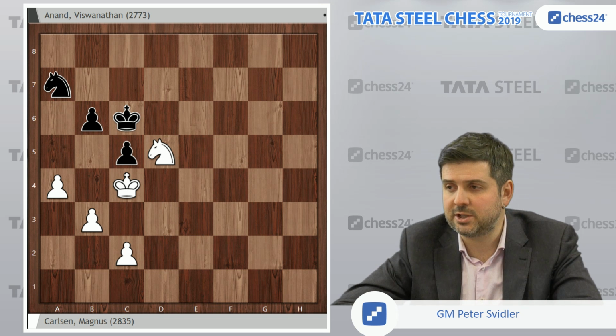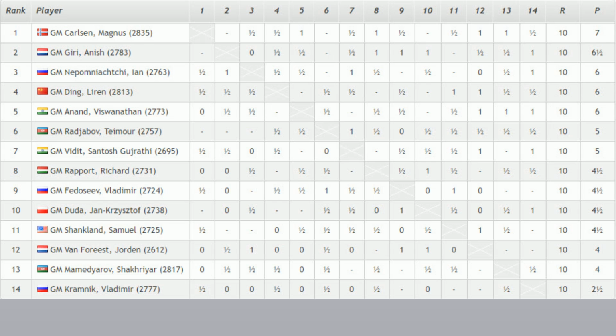In terms of what happened in the tournament, the situation after this game and the other results of the round looks like this. Magnus is in the clear lead now. 4 wins, no losses, 7 out of 10. Behind him is Anish Giri, who lost in round 1 with the white pieces to Jan Nepomniachtchi and won 4 games since and made